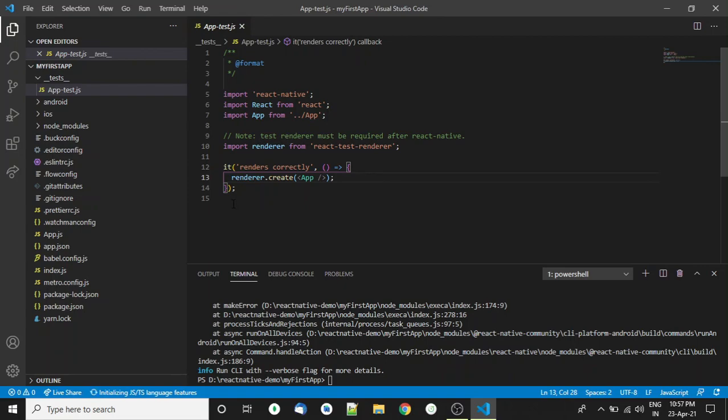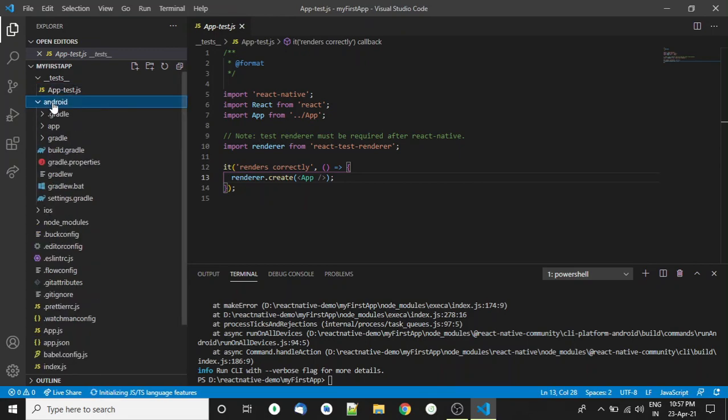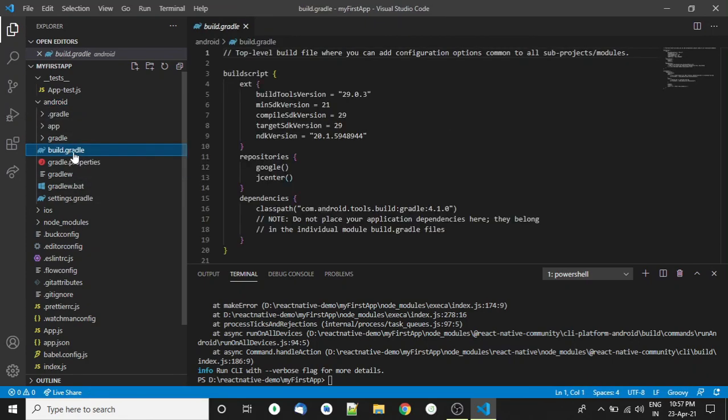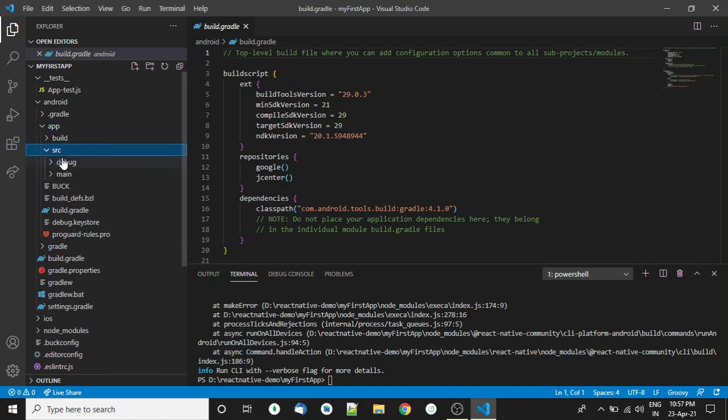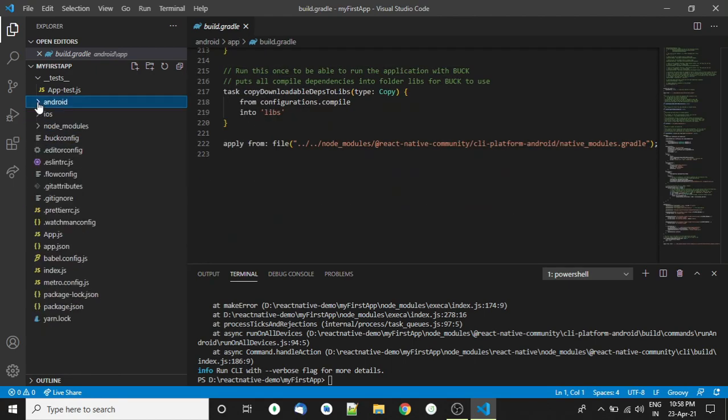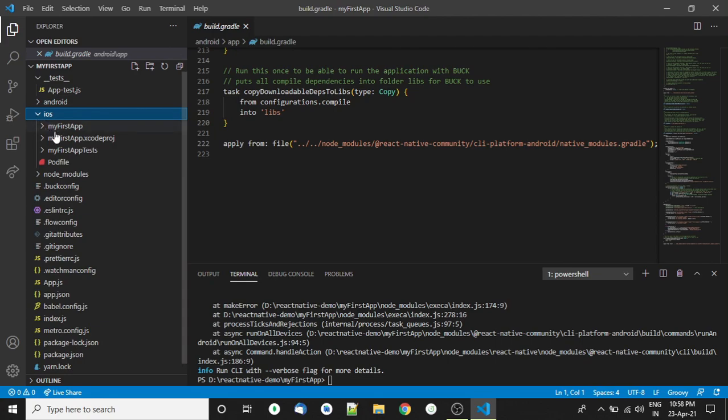As I told you in the last video, we can build cross-platform apps with React Native. So here we have these folders for Android and iOS. We will use the Android folder to build the Android app. Here we have all the necessary files and folders like build.gradle and the app directory, which holds activities, app icons, assets and many more Android dependencies. And in the iOS folder, all the necessary files for Xcode to build an iOS app.